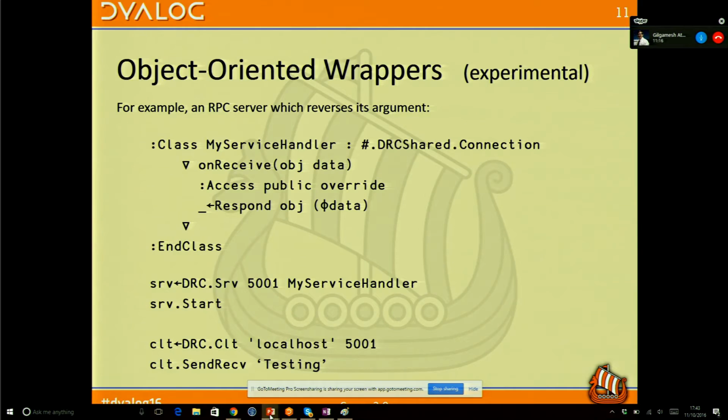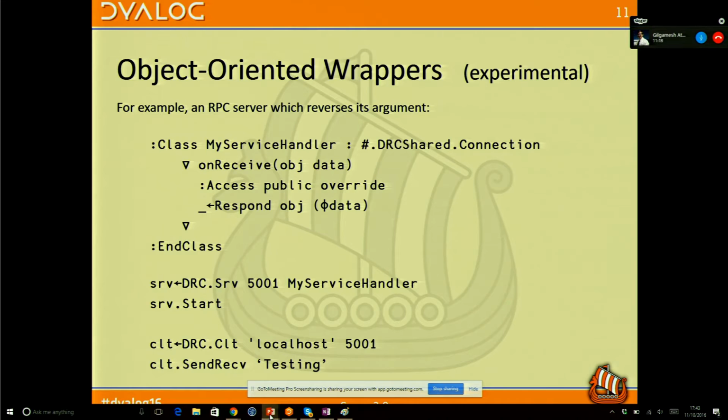events coming in. So if you, for example, had an application, this is just running command mode, which could reverse the incoming data. So it listens on the socket, it receives an APL array, reverses it, and sends it back. So this is your business logic here. Then all you have to do now is to write a class where you have that function called onReceive.